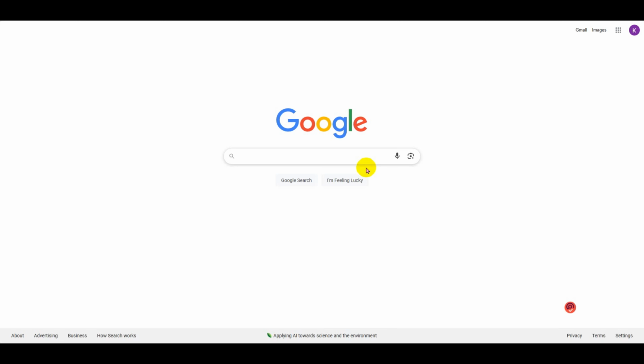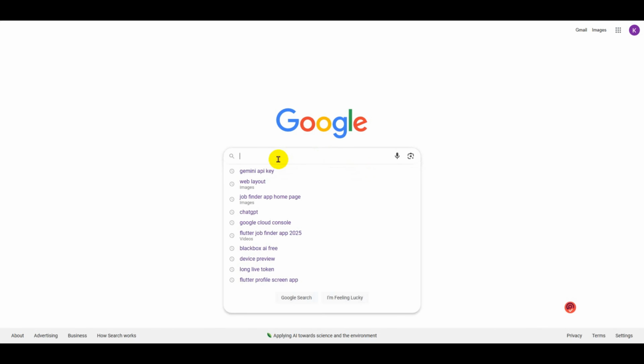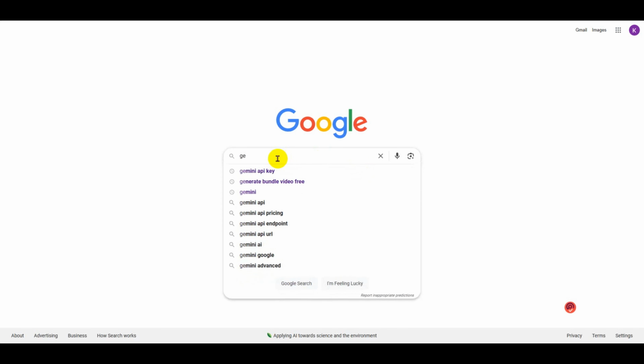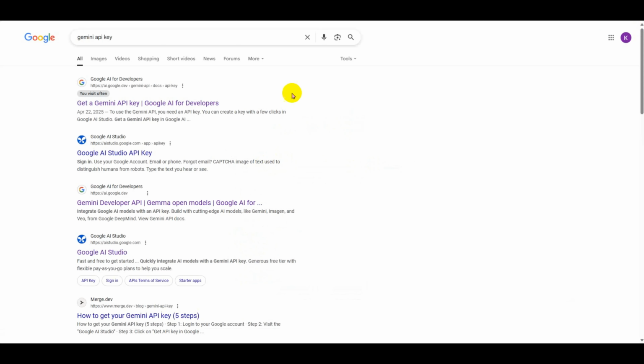Let's start by opening a web browser and heading over to google.com. Now type in Gemini API Key and hit enter. You should see a link that says Get API Key Gemini API Google for Developers. Click that link, or for your convenience, I've added the direct URL in the description below: https://ai.google.dev/gemini-api/docs/API key. This is the official documentation page from Google, and it's where you'll manage your access to the Gemini